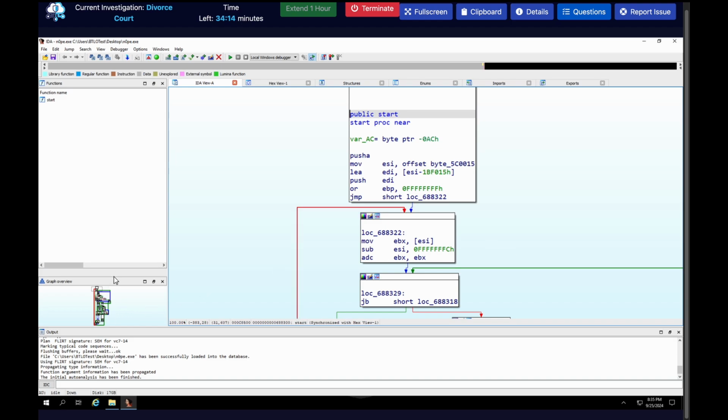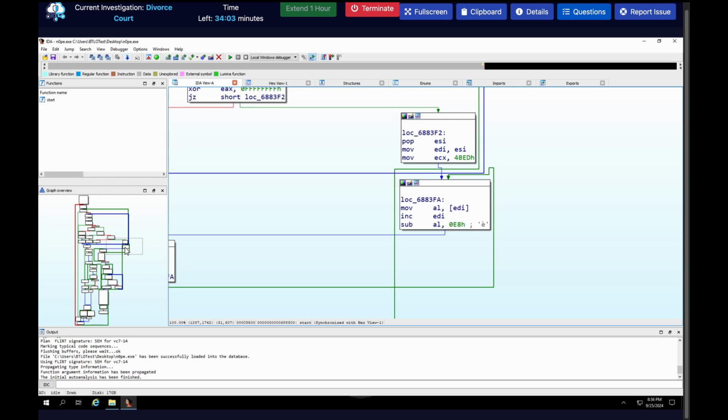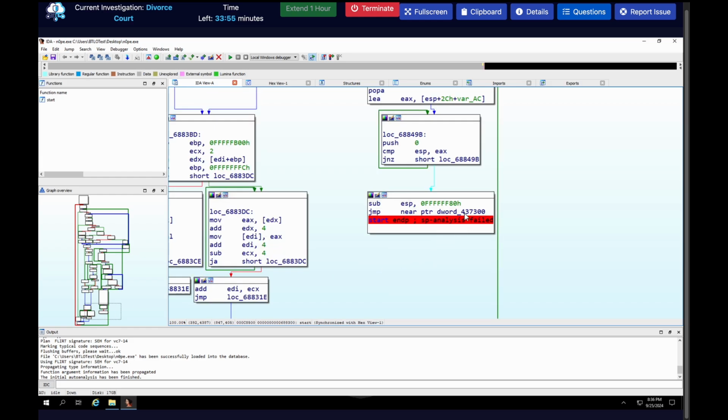Now this is the graph. We can just expand this as well. Let's expand this. Now here we have to see if there is any jump or any failed event. So let's look at it, which should be probably at the end. Yep, there we go. So this is the jump which is going somewhere to a totally different memory location. You can see all the jumps over here have addresses starting with 68, whereas the jump which we are taking in this is for the address that starts with